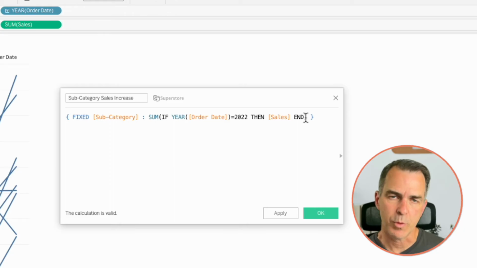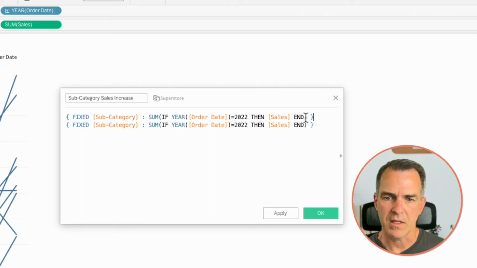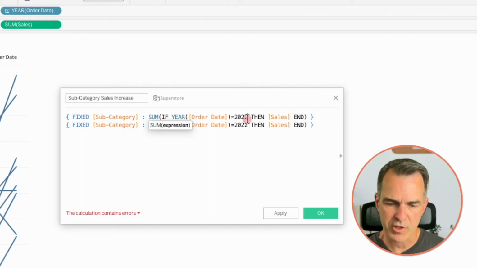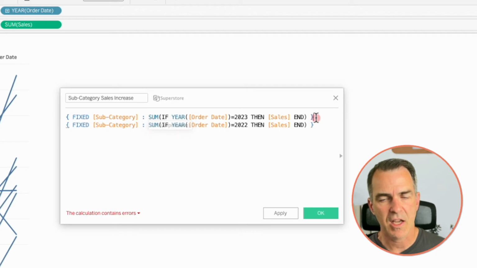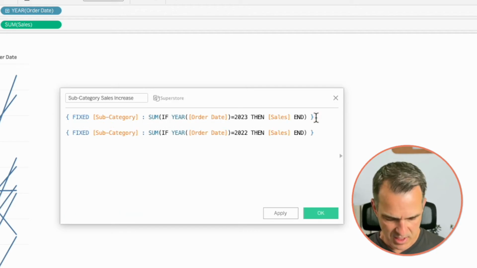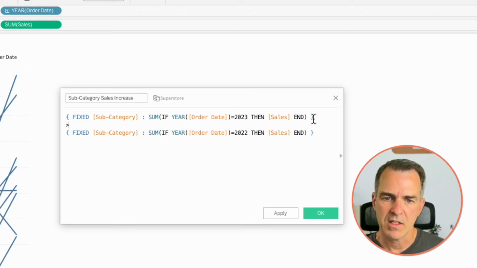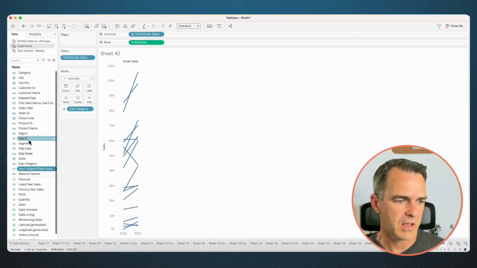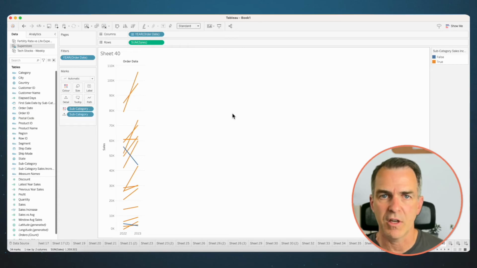That's going to give us the 2022 sales for each subcategory. Copy that, and then paste it. We want to change the first year to be 2023. This is now going to give us 2023 sales, and we want to say, is that greater than the 2022 sales? Click on OK. Drag that field to the color shelf, and now we can see the year-over-year increase or